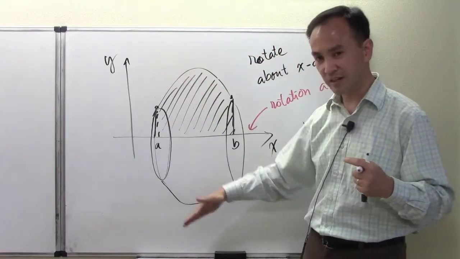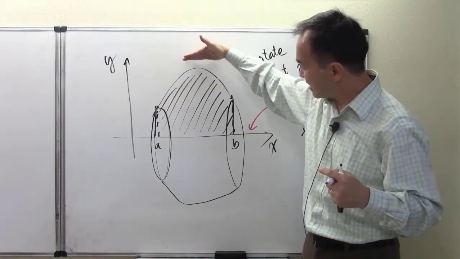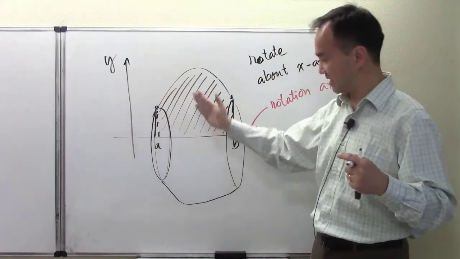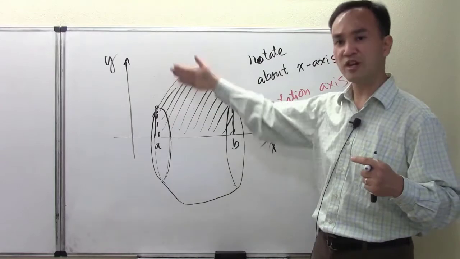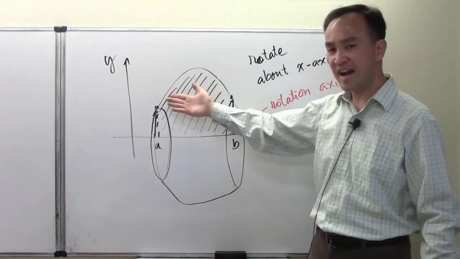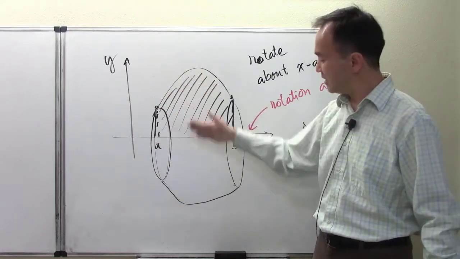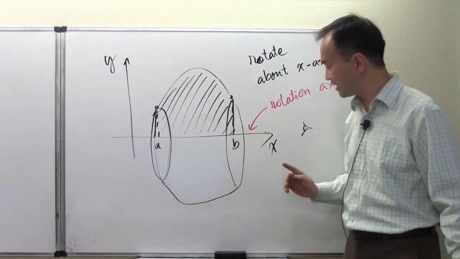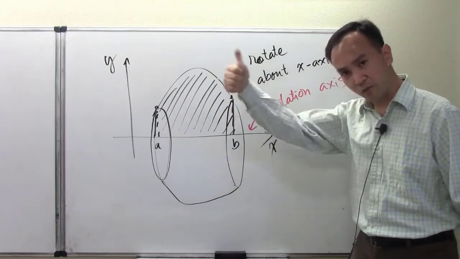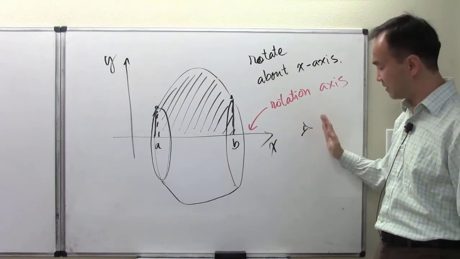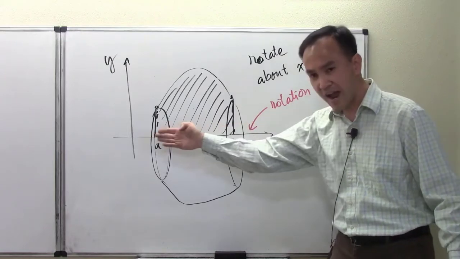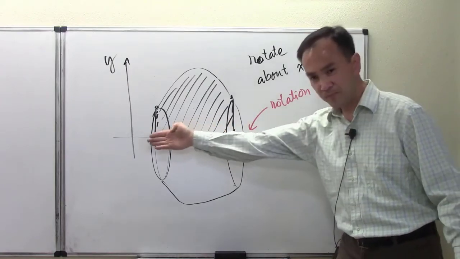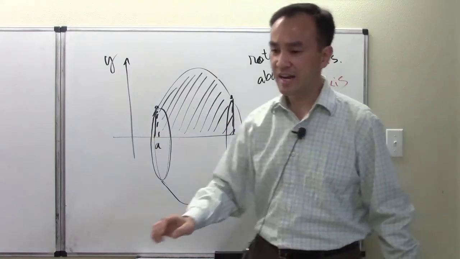So let's say the description of this problem is that we have a curve here, and that curve makes some area between the curve and the x-axis, from a starting point to an ending point on the x-axis. And then we take that region and rotate it, or revolve it, around the x-axis in this case. Once we know we're doing that kind of problem, one rule of thumb is always to imagine that you put your eyes to look right at the rotation axis. In this case I'm putting my eyes to look straight at the rotation axis, the x-axis,